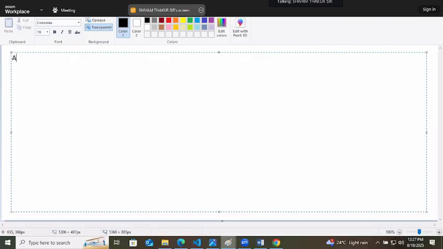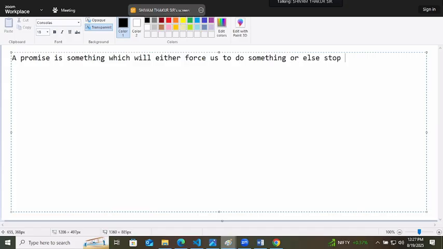So if I am writing that a promise is something which will either force us to do something or else stop us from doing something. That is only the promise. Just try to think of all the cases of promise. Promises are always something which will either force us to do something or else stop us from doing something.